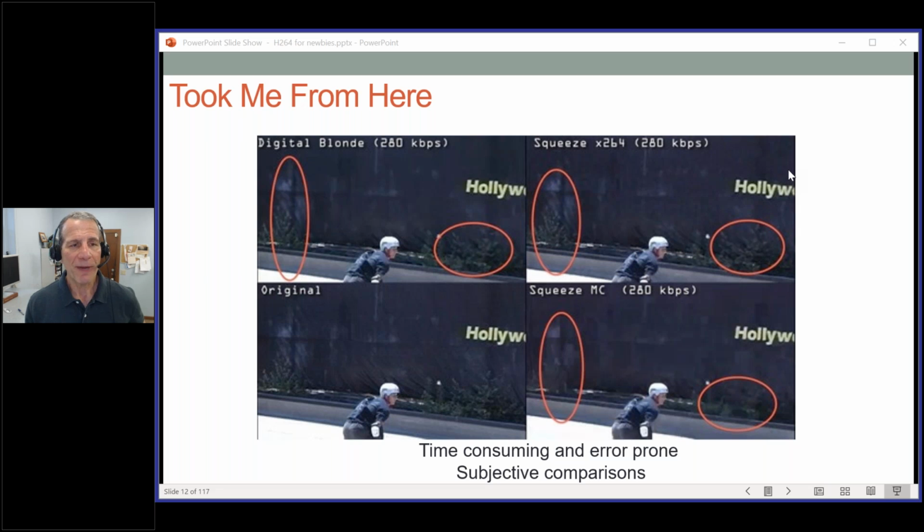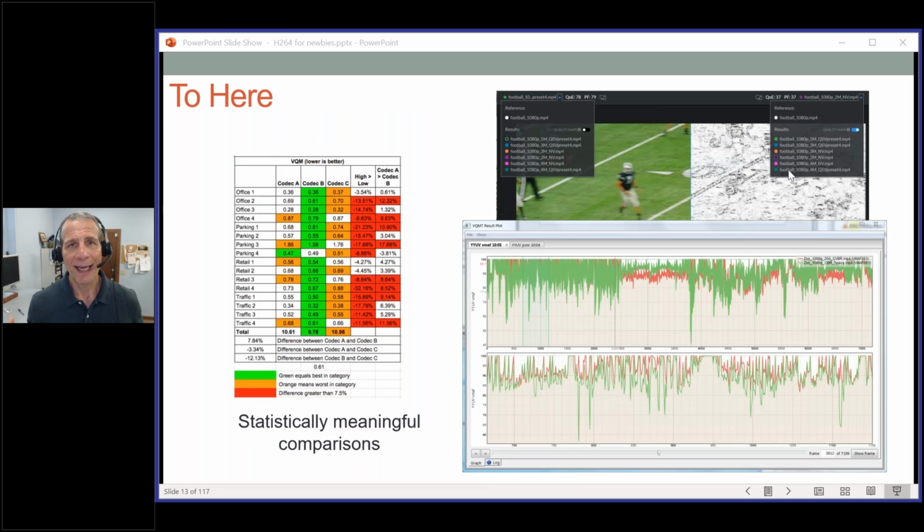And before metrics, this is what I used to do. I used to encode the file, and then I used to put them side by side in a Premiere Pro timeline and try and look for the differences throughout the file. And obviously, as I said before, it's error prone, it's time consuming, and it typically doesn't repeat. You can often see different things different times you go through the file. And with objective quality metrics,